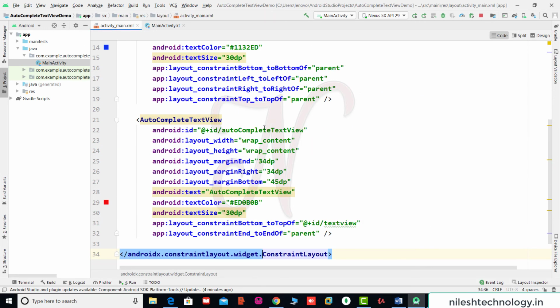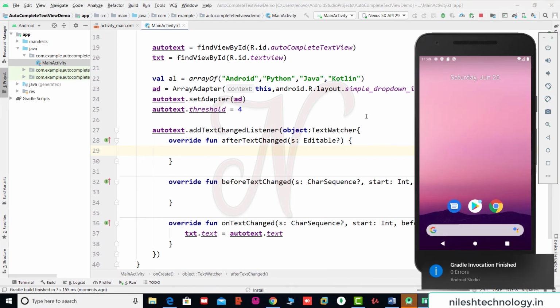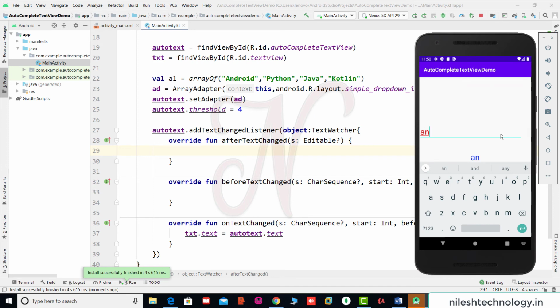So going to this activity main.xml, set the autocomplete text view width to match parent. So this is a match parent width. Now here we test this code. So run main activity. So here we remove this text. So for example, your threshold is 4, so type the 4 characters, then see this is your suggestion Android. So if we click this, then see here on text view, the text changes.